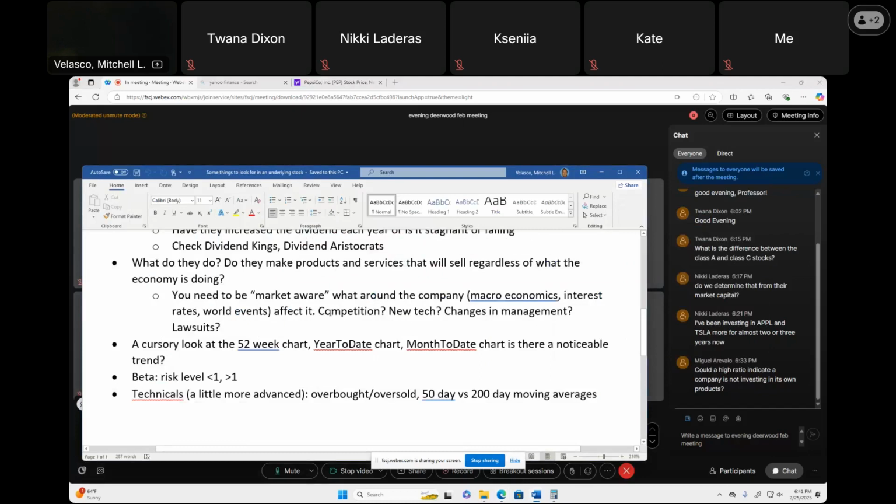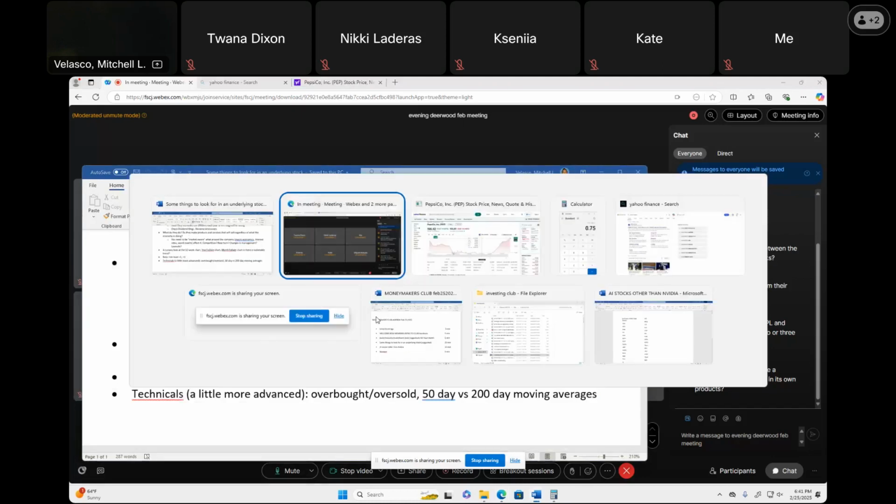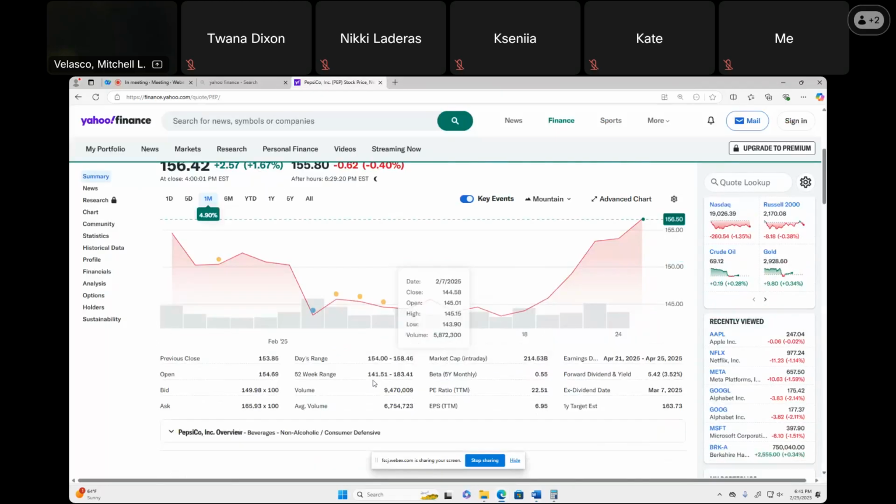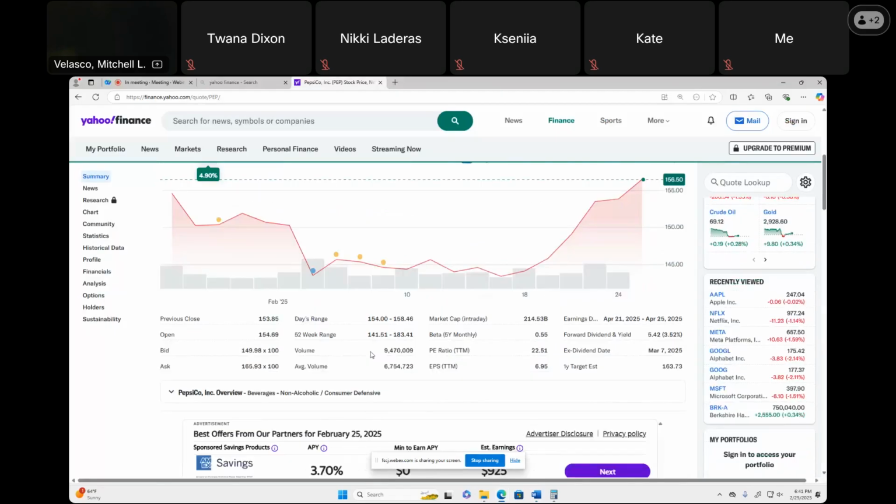beta. So again, we're looking at another indicator, but the reason why I like to share this one with you guys is that it's super easy to understand. And on the summary page, you can see beta is right here. Beta for Pepsi is 0.55, a very unsexy stock. So let me explain what beta means. The stock market, the 500 biggest companies, or the S&P 500, is a beta of 1 by default. So the market itself is defined as a beta of 1.